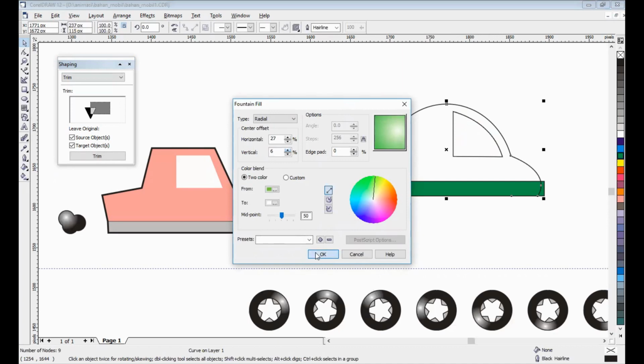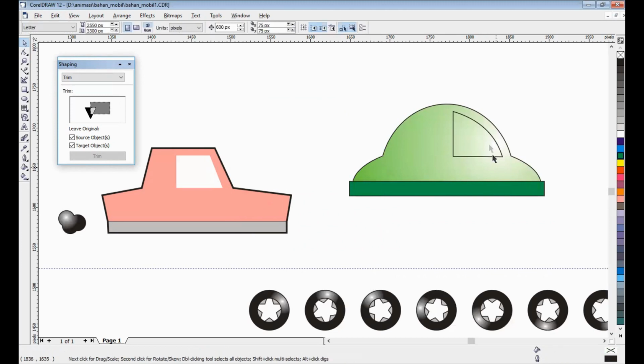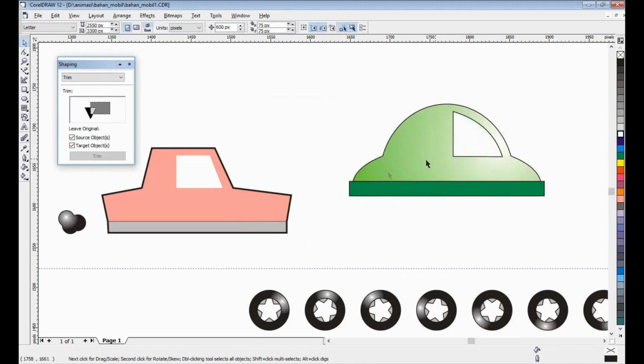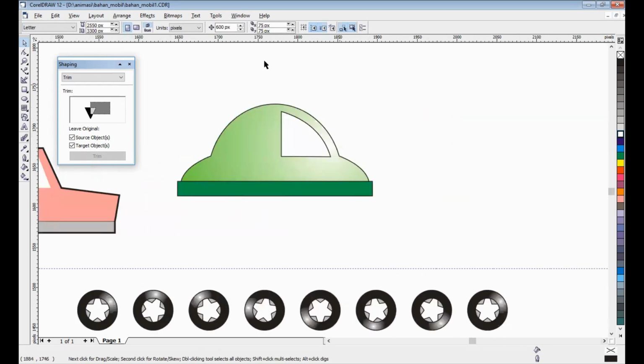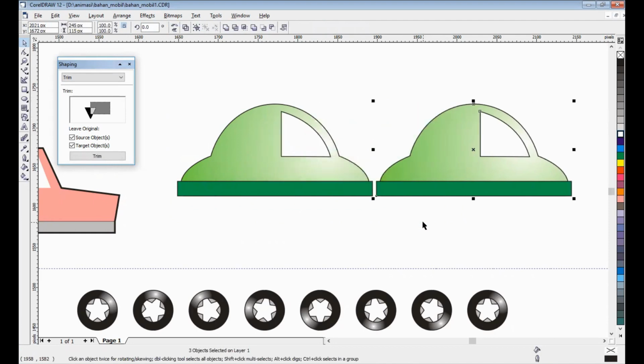Here. Okay, and back. Here I will be, okay. 1, 2, 3. I want to make a copy first. Ctrl C, Ctrl V. 1, 2, 3.